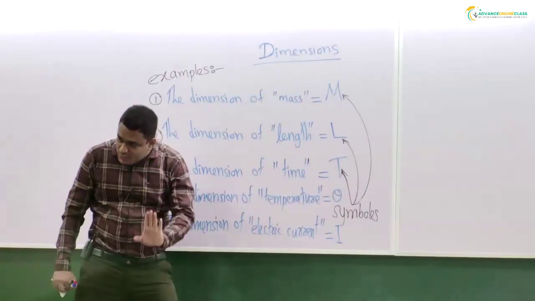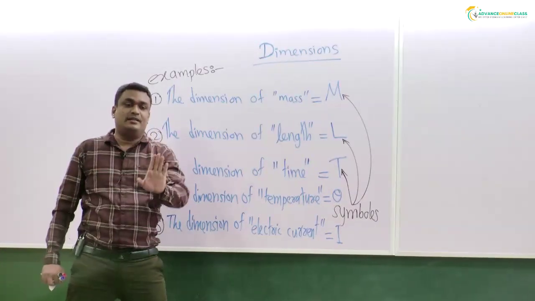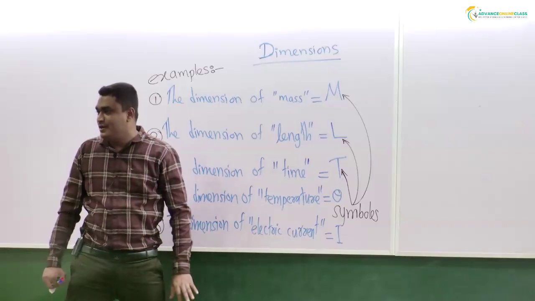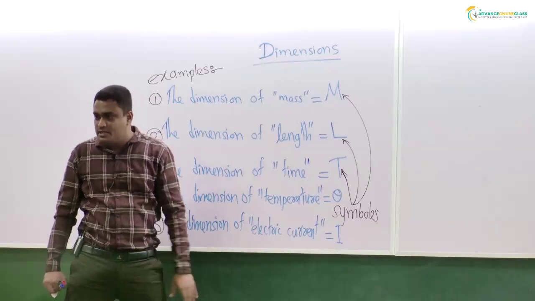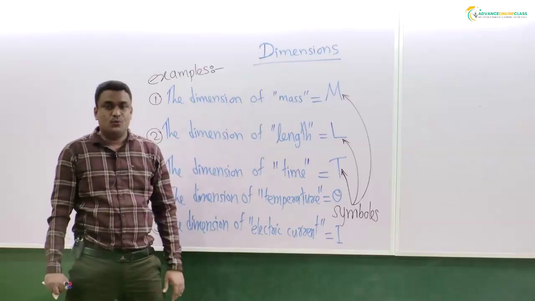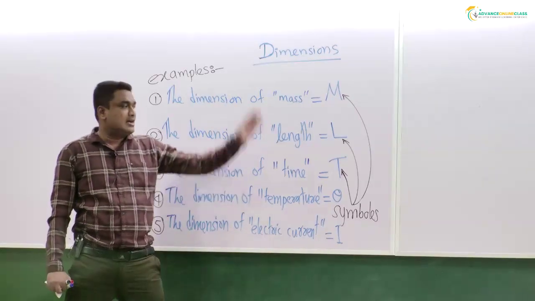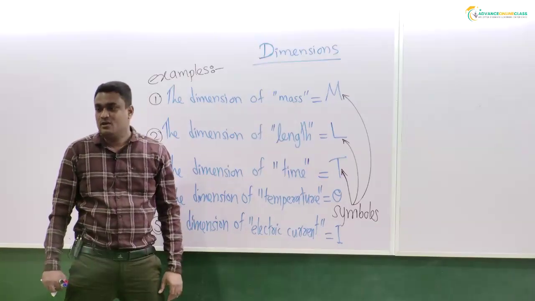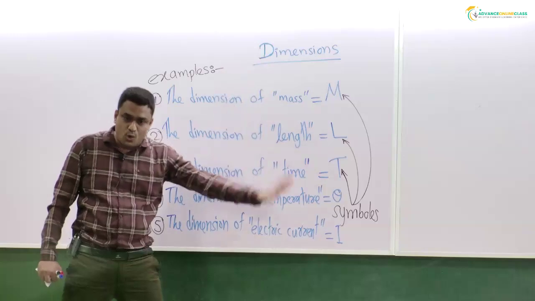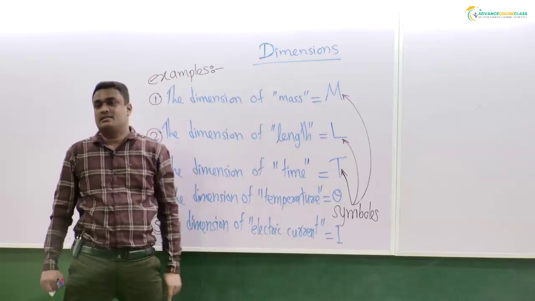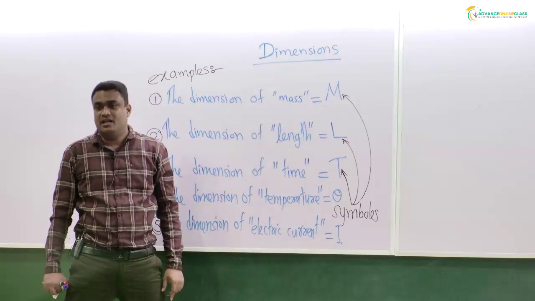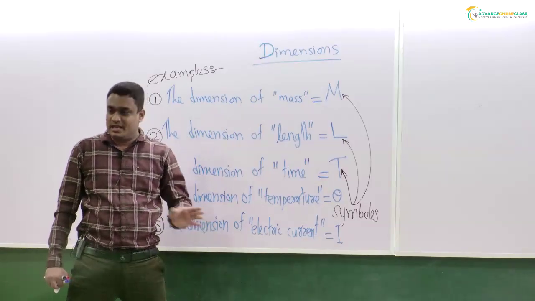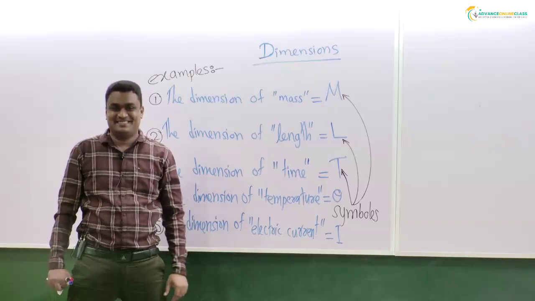What are we going to do? We are going to find the fundamental units. To find the fundamental units, what is the method we are using? Dimensions. What are dimensions? They are some kind of symbols used to represent physical quantities. Why do we want them? The first thing is to find the fundamental units. Why do we want to find fundamental units? Because they are asked in the exam.